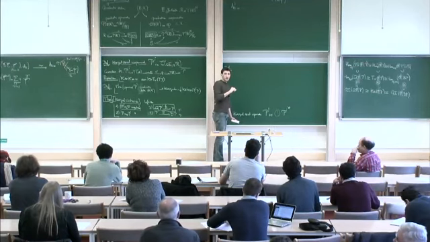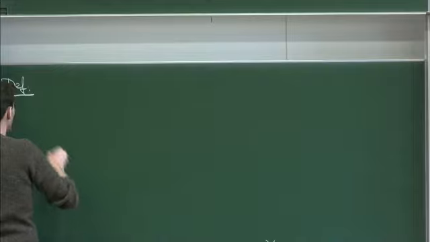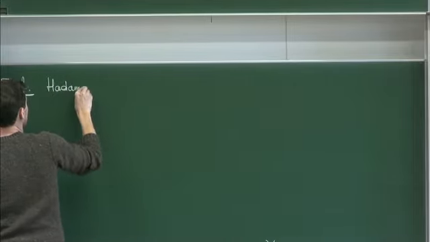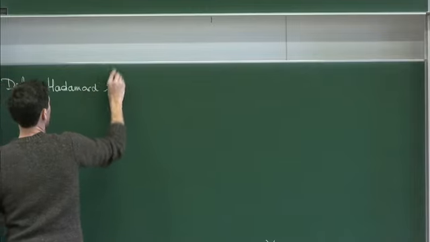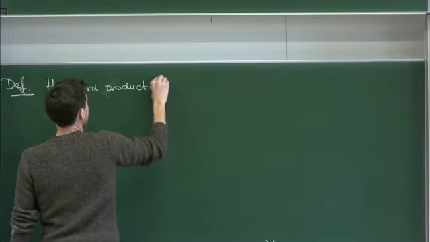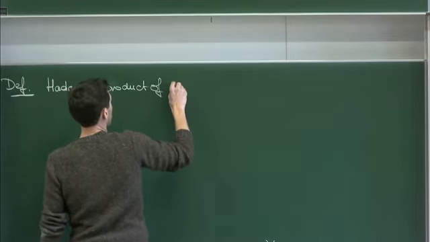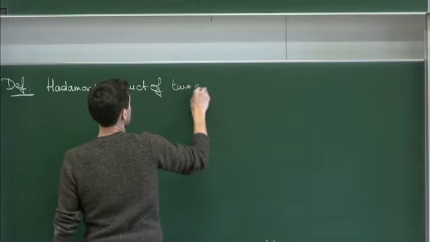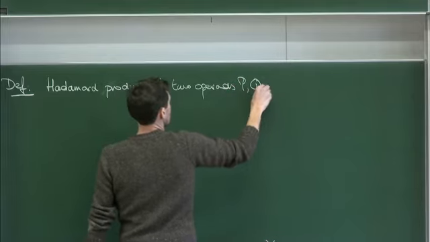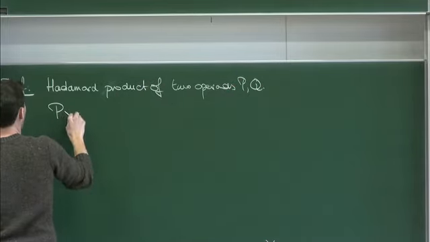This is maybe not the most interesting one, but we need it here. So the Hadamard tensor product of two operads P and Q is defined by